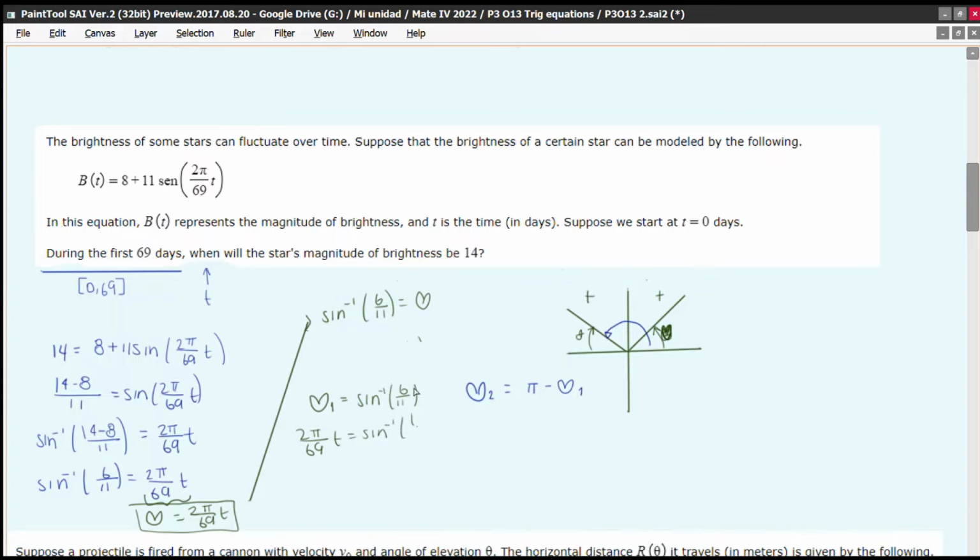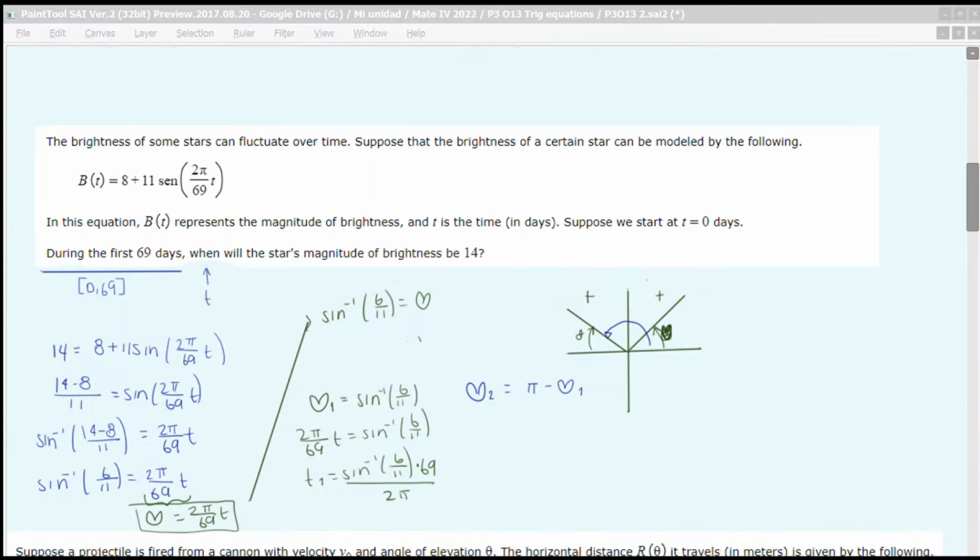just found, the sine inverse of 6/11. So if I solve for t, that is for my first solution, this is going to be the sine inverse of 6/11, and this 69 is dividing, so it's going to pass multiplying, and the 2 pi is multiplying, so it passes to the other side dividing. So I should plug this into the calculator and it's going to give me an answer. I'm going to do it right now. So if I plug this into my calculator, this is